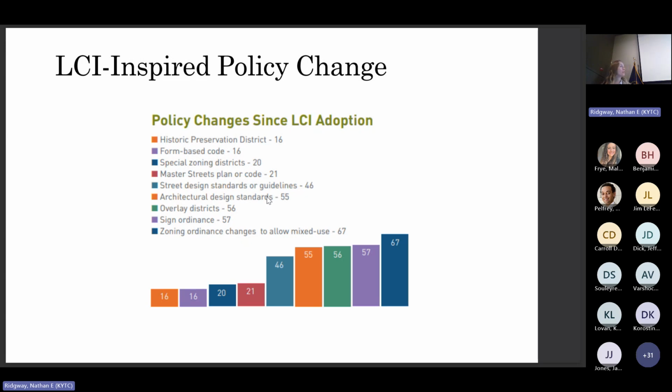But some of the things about the LCI program that make it so effective are, one, how the money is programmed and actually used, and two, the policy changes that are inspired by these types of plans. So using Sewanee as an example, you can build streets and you can build bike and pedestrian facilities, but not always does building it mean that people will come. There has to be something there. There has to be a destination. So part of that is getting city and private developers and just the entire planning and governing community to enact policy changes from rezonings or form-based codes or design guidelines or even financial incentives at a city level to help go vertical and build things along these new infrastructure